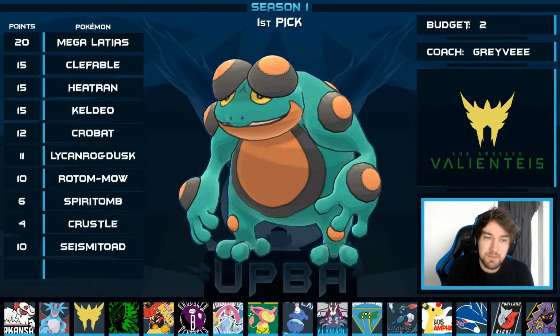So second to last pick, we picked up Seismitoad, and I think this was something of a panic pick. For whatever reason, I decided that I wanted to pick up my last pick, and now I realise how bad it is. I want to drop it, but I wanted to pick up Seismitoad, and Seismitoad just kind of fit the criteria of what I was needing. I was needing a bulky ground type and something with physical attack as well. So I'm almost definitely going to trade this away, but it's one of those mons that gives me another 4 times weakness,